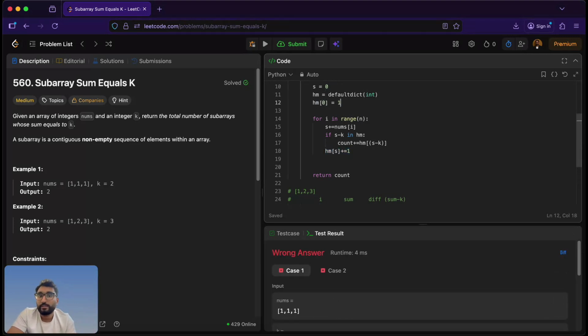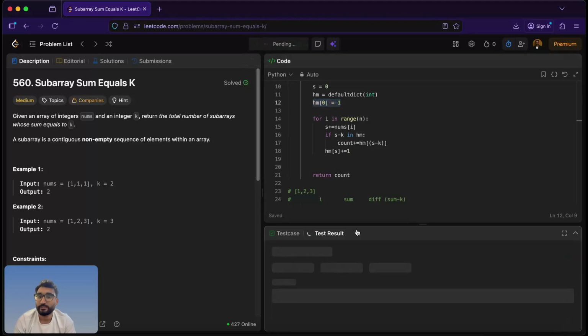So 0 will be initialized as 1, so that whenever the difference picks up, it takes 1 for the first iteration and keeps increasing if it comes as a sum again. There's a chance of the sum coming in as 0 if you have positive and negative numbers simultaneously. If the sum comes till 5 and the next element is -5, the sum will be 0, so you have to increment it again. Now if I run this,